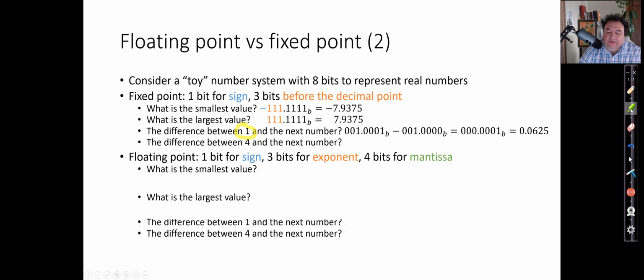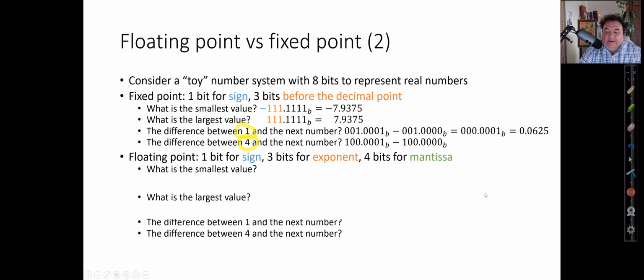So now if we look at a different number, let's say number 4, and we want to test again what is the precision in the neighborhood of 4, we can do the same exercise. So number 4 is 100 in binary. We look at the next available number in this fixed point representation. That would be